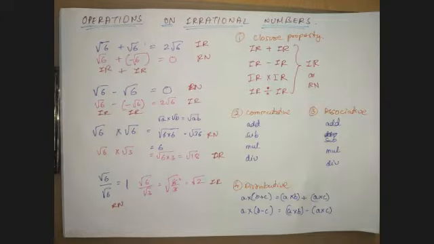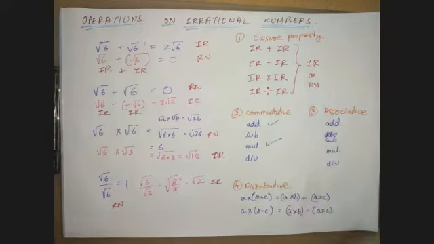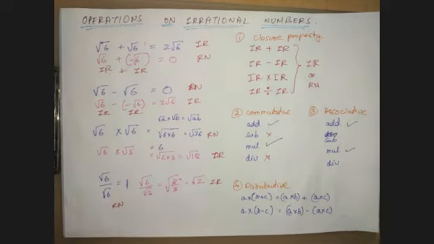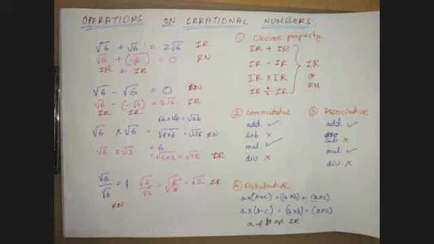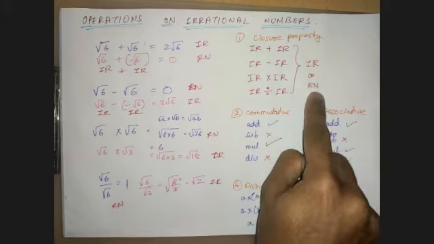Like it remains same as the rational numbers. Like in commutative property, addition and multiplication satisfies, but subtraction and division does not satisfy. While in associative, addition and multiplication again satisfy, the subtraction and division does not. And the distributive property remains same, where a and b are irrational numbers. Okay, so these are the properties of irrational numbers. Everything remains same except the closure property, where the operations on irrational numbers can be either irrational or rational.